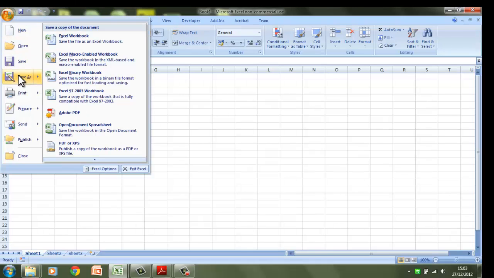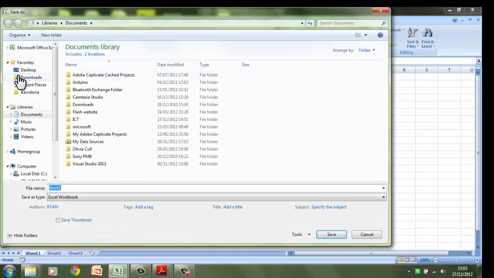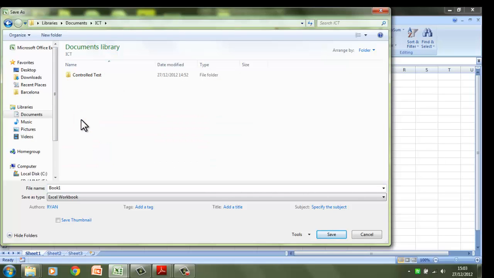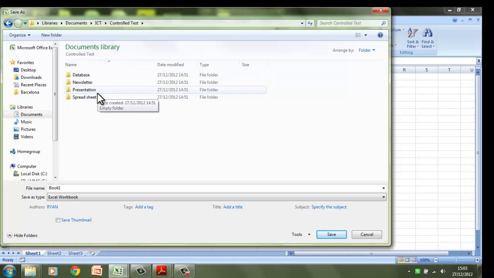Okay, so we're going to go to Save As, and I go to File, Save As, and I'm going to locate my folder structure, which you should have set up already. So I'm going to go into my ICT folder, and I've got a control test folder inside there as a subfolder, and then I've got my 4 folders here for all of the projects that make up the Unit 2 control test assignment. So I'm going to go into my spreadsheet folder, which I've already made,